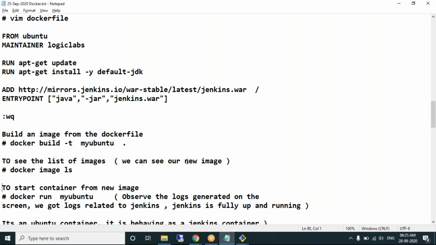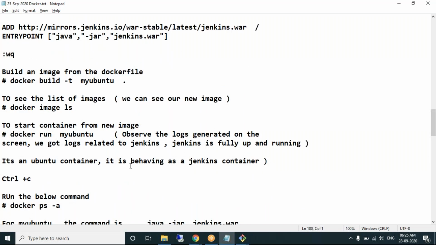So you should understand that it's actually an Ubuntu container, but it is behaving like a Jenkins container.